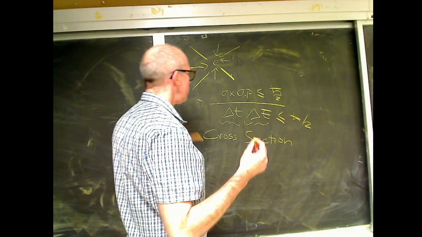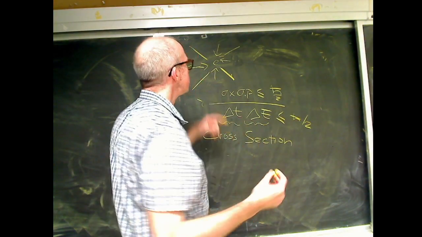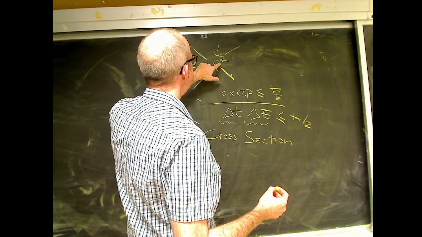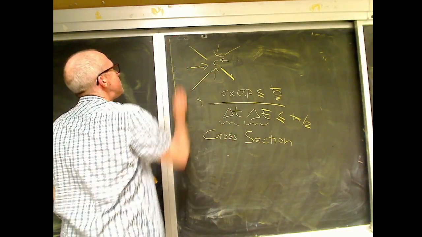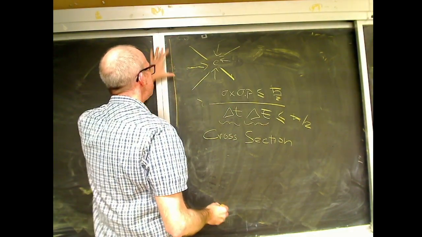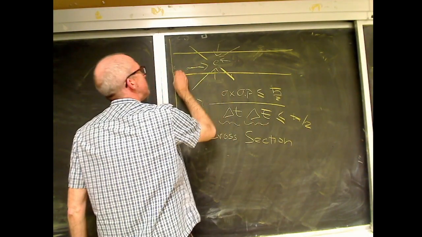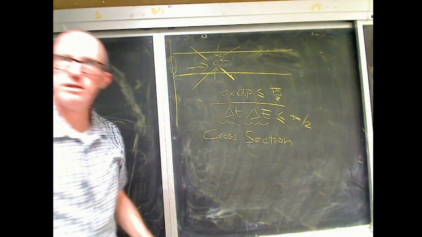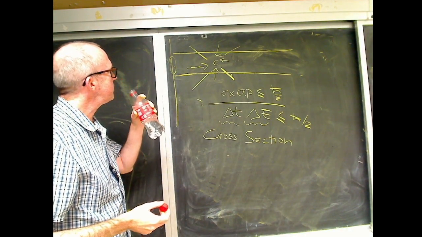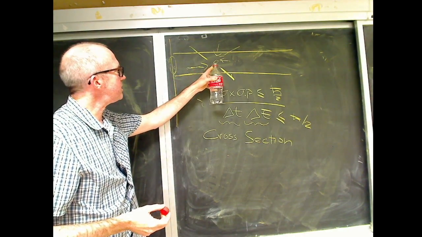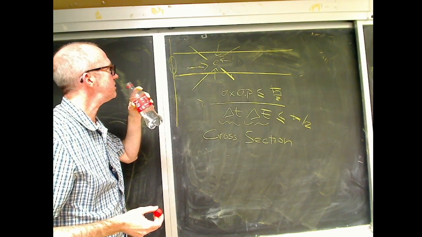I'm going to define the cross section. Okay, I'm kind of waving my hands here. There are better ways to do this. I'm going to define the cross section just as the probability of hitting this electron. But how am I going to measure that? I'm going to put, say, a foil of film over here, and I'm going to shoot particles at this, and I'm going to look at the size of the shadow. Does that make sense? That's going to tell me how big the electron is, because that's going to tell me how things interact with it.